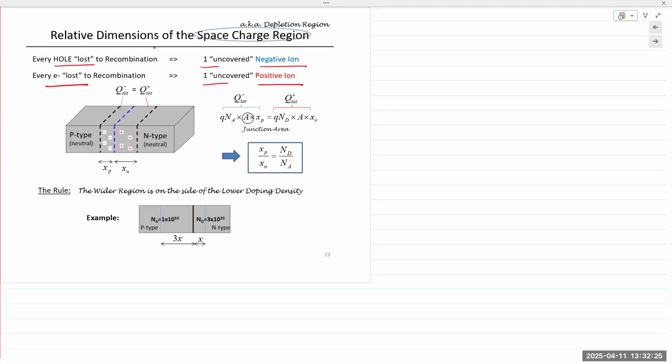And so if you have a PN material with a higher concentration on the N side, here's an example where Nd is 3 times 10 raised to 16 atoms per centimeter cube. On the P side, it's 1 times 10 raised to 16 atoms per centimeter cube. So the number of donor atoms is 3 times as much as the number of acceptor atoms. And so the ratio of this concentration will be equal to the ratio of the junction width on both sides